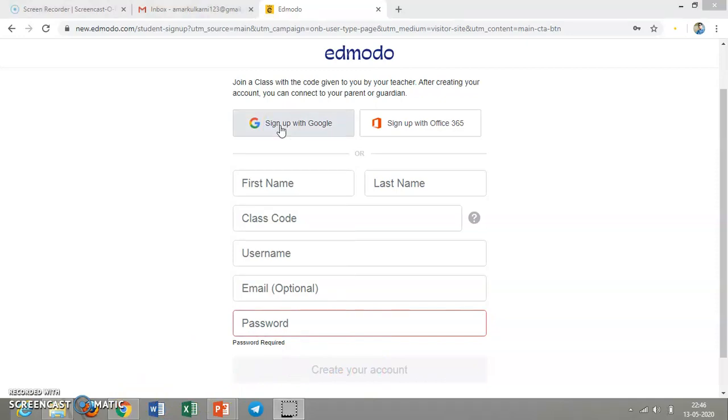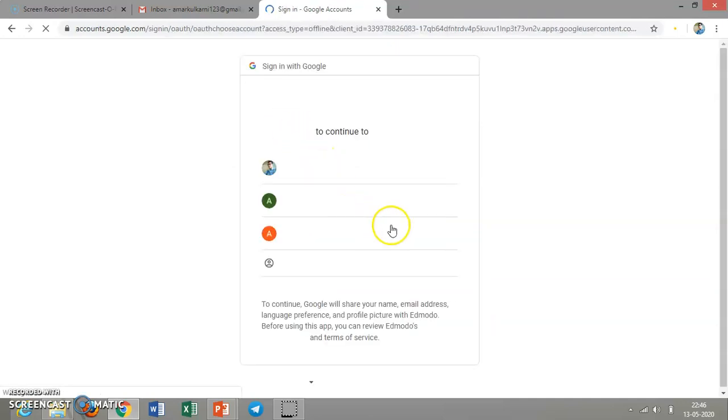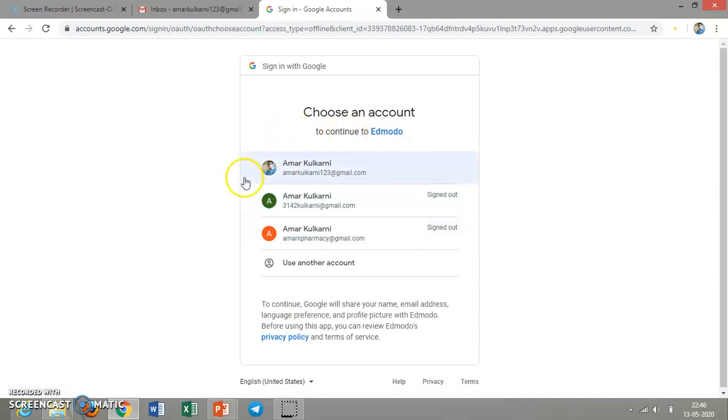So I am going with sign up with Google account. They are asking for the Google account, so I am just clicking on my Gmail account.